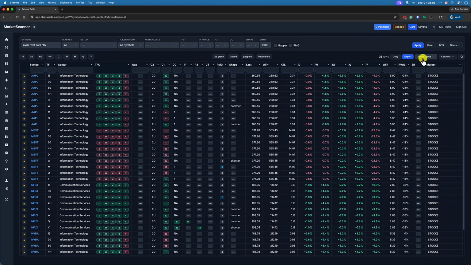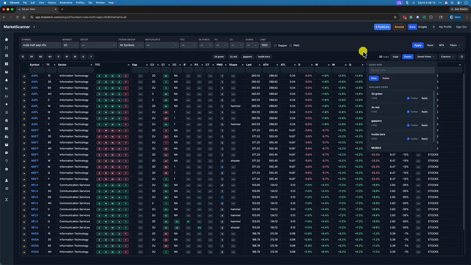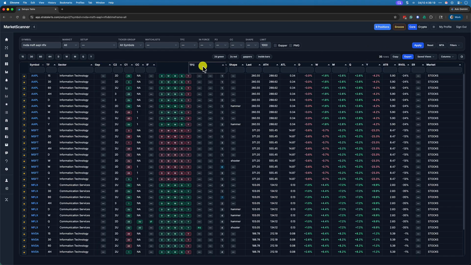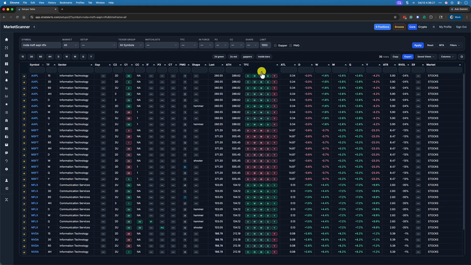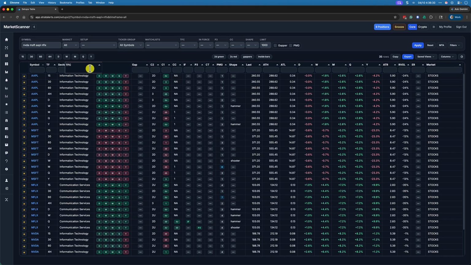The other feature that I added, saved views. You can add any filters that you want and then save those filters as a view. So you could customize the columns, you can move things around, like if you don't care about time frame continuity, you could hide it, you turn off any of these columns. You can enable or disable, and then when you save the view, it will save the layout that you chose